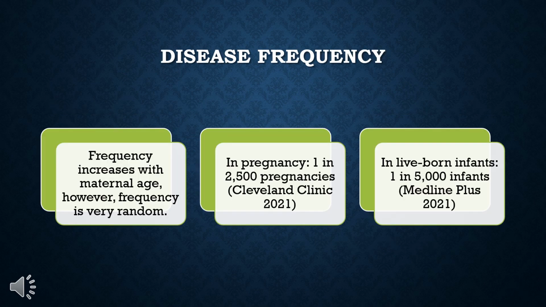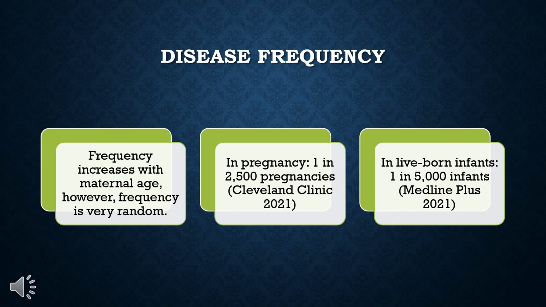However, the majority of fetuses affected do not survive to full term. The frequency of the disease in pregnancy increases with maternal age. Trisomy 18 in pregnancy occurs in about 1 in 2,500 pregnancies. Within the live-born infants, trisomy 18 occurs in about 1 in 5,000 infants. It cannot be inherited for the most part, with the exception of partial trisomy 18. Since it is a genetic mutation, it is completely random in frequency. It is very unlikely that a mother that had a child diagnosed with trisomy 18 would have another child diagnosed